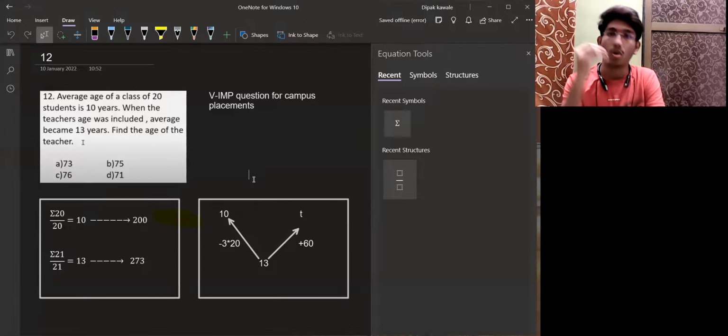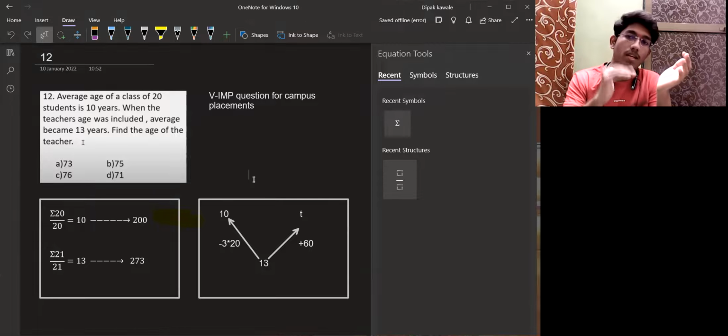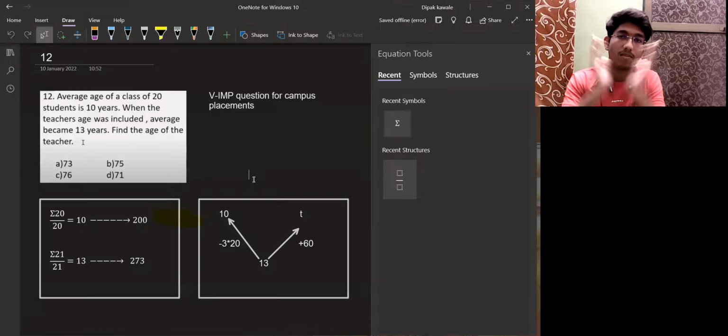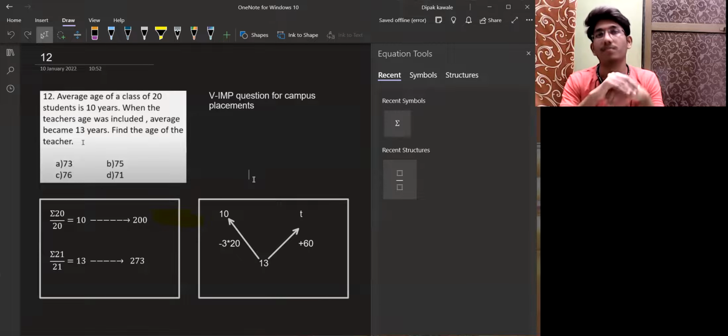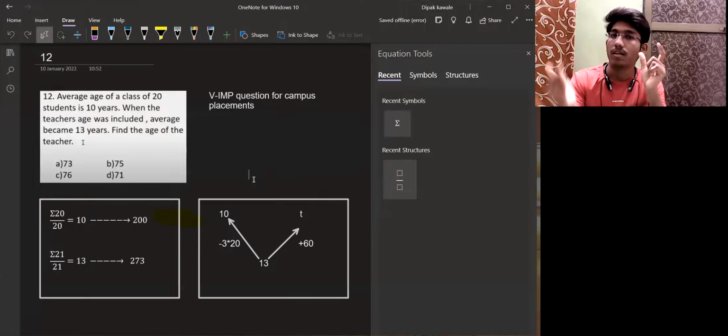Now I want to join this group and I am also having 10 chocolates. If I join this group of 10 as an 11th member, will the average increase, remain the same, or decrease? If I am having the same number of chocolates, it will remain the same. But if I am having only 5 chocolates, will the total average decrease, remain the same, or increase? It will decrease.